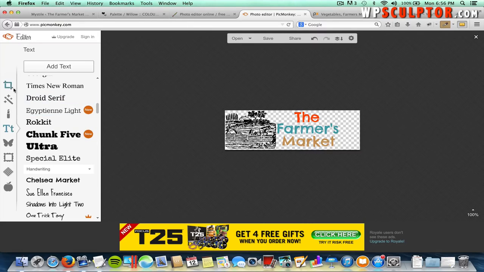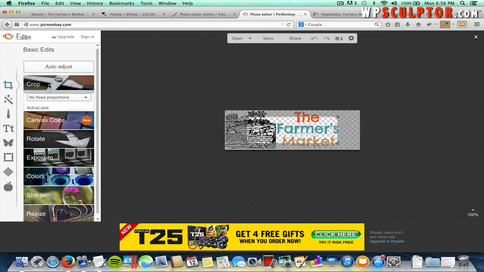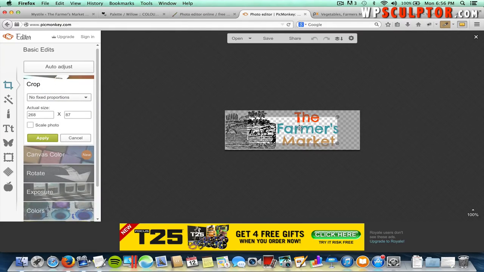And to do that, we're going to come over here, select this tool, and then select crop, and then it automatically generates a crop box. I'm going to click, hold, and drag this to the top left, and then I'm going to click, hold, and drag on top of that circle and just select the full image there right at the end of the text. And then when you get that the way you want it, come over here and click on apply,